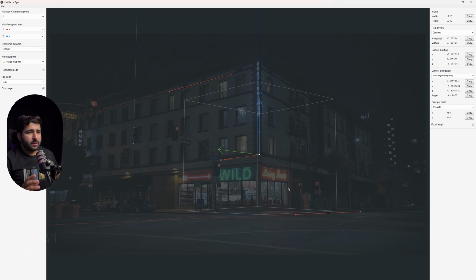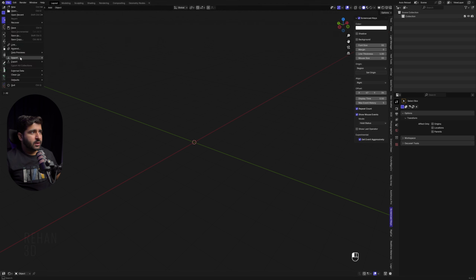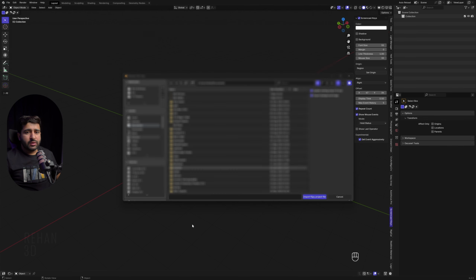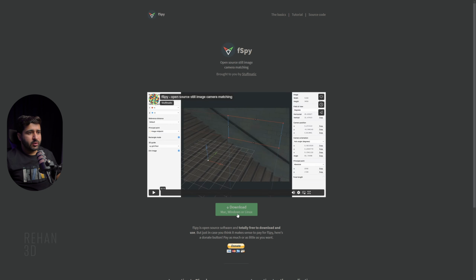Now we will open Blender and import this SPY file into Blender. Let me turn on my screencast keys. So here you can see the keys which I'm pressing. So File, Import, SPY plugin. And if you don't have the SPY add-on installed, simply go to Google and let me show you and search for SPY. Click on the first link, and here you can simply download. Click on this download button and your download will start. And after this you just have to install it.